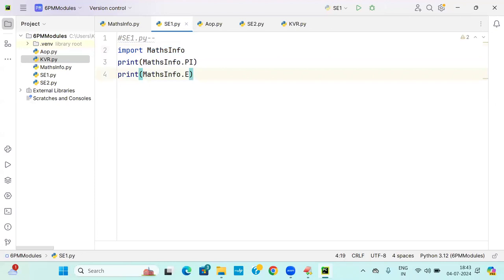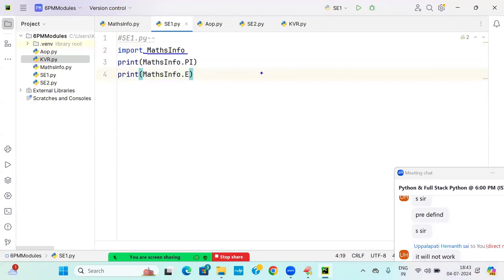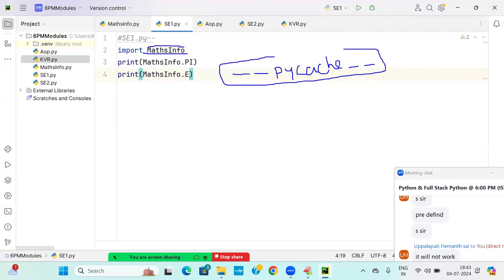The moment when you make it an import, internally one folder will be created. It is not necessary to know, but learn that also. The moment when you take your file name as a module name, automatically one folder will be created by the PVM itself: double underscore pycache. Under that, this folder is created. Within the folder, your file name is going to be considered with this format. That is the actual module name. What is our module name? Maths info